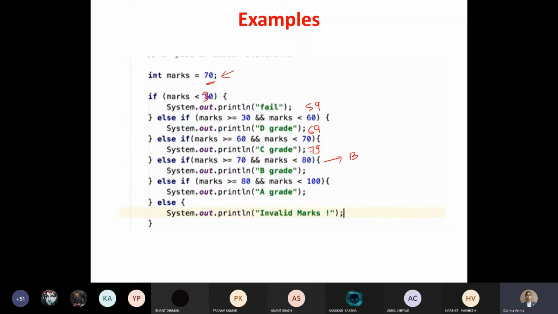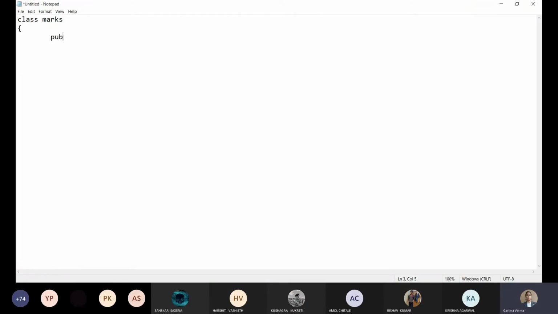B grade आने वाला है, right? Now as you can see, if all my conditions are not true, then I will get invalid marks. बनाया यहाँ पर and आप भी ट्राई करिए, मे बी आपका मुझसे पहले हो जाए.